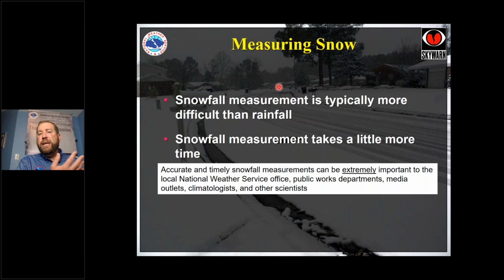With a rain gauge, it can be automated. With a thermometer, it can be automated. I can look on my app and see that it's 45, 50 degrees outside right now. To measure snow, you really have to go outside and take multiple measurements. Got to put the boots on, got to get the jacket on, and actually go outside. So it is more difficult, but we use these